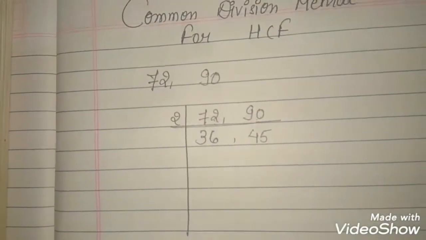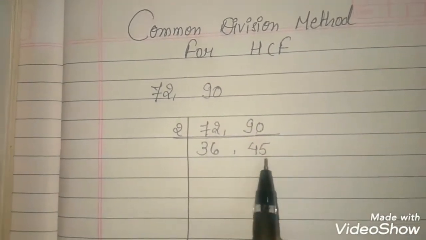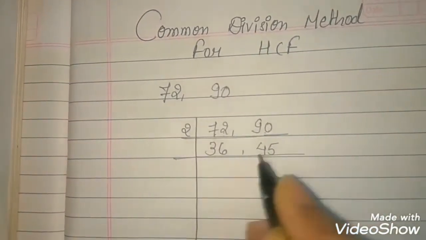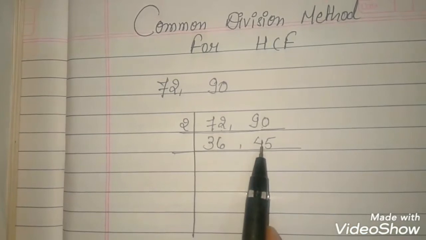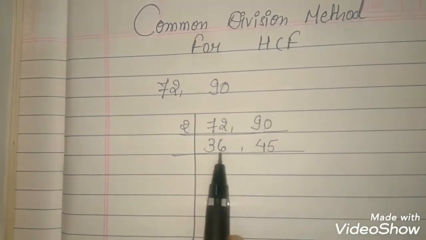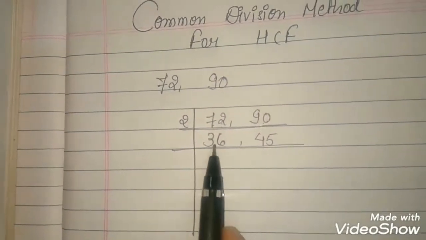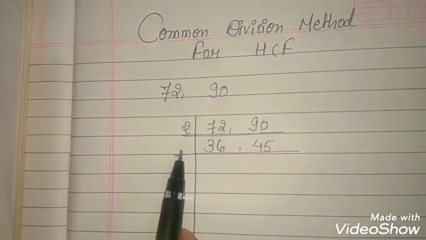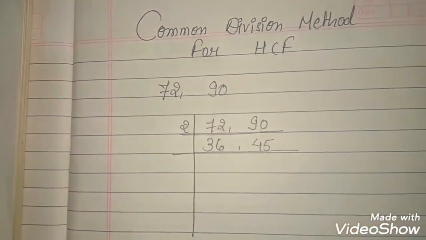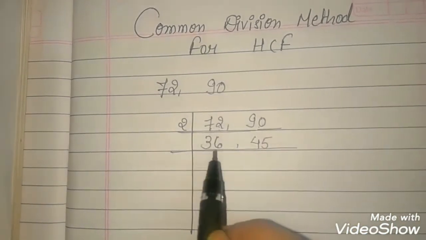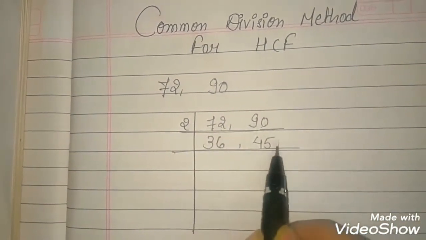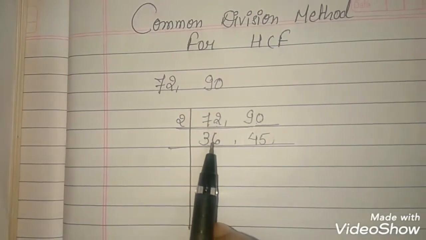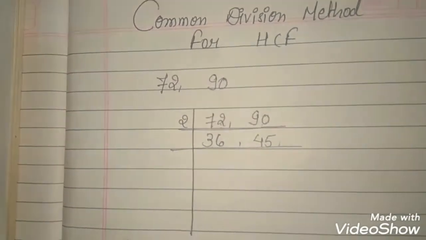Now we can see here 36 is divisible by 2, but 45 is not, because here is 5 in the last digit. So we cannot divide it by 2, क्योंकि दोनों नंबर को वो डिवाइड करना चाहिए. सपोज एक को कर रहा है और एक को नहीं, तो हम वो नंबर यहाँ पर नहीं ले सकते. So this should be very clear to you all that these numbers are divisible by only one number or not. मतलब वो जो number है वो इन दोनों numbers को divide करना चाहिए.